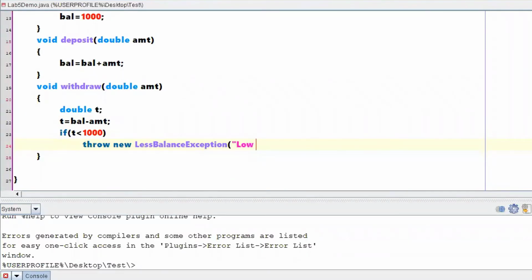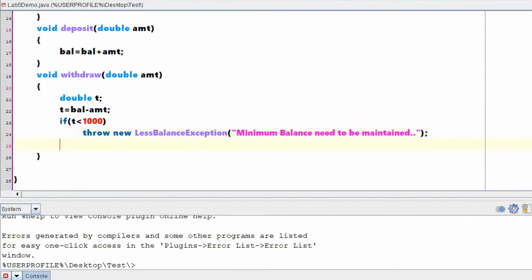So I will write something like low balance, or a minimum balance needs to be maintained. Minimum balance needs to be maintained, right?